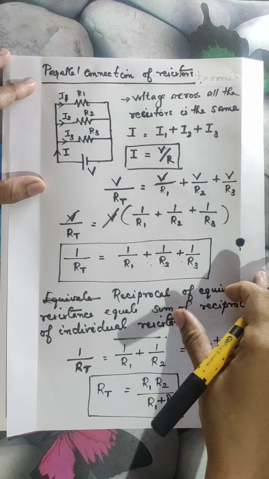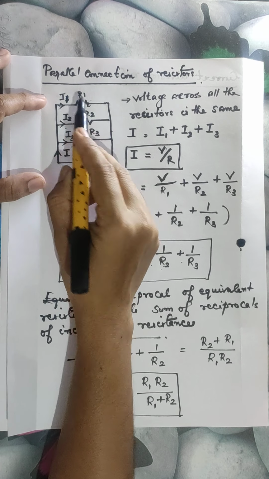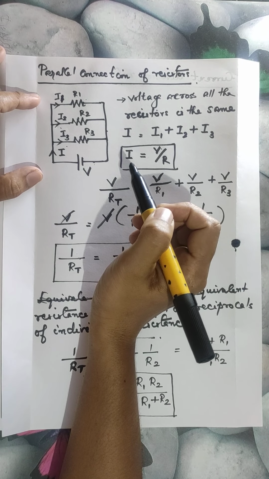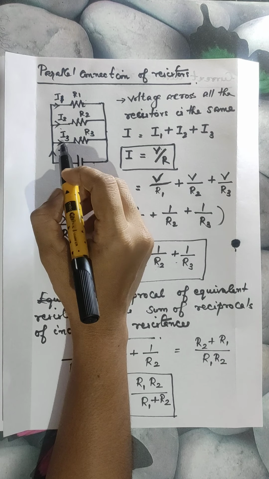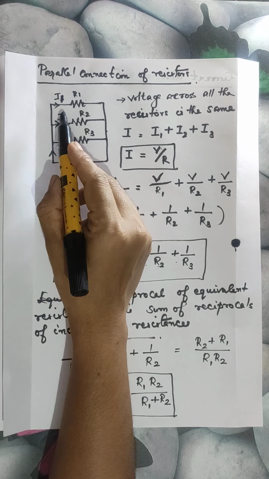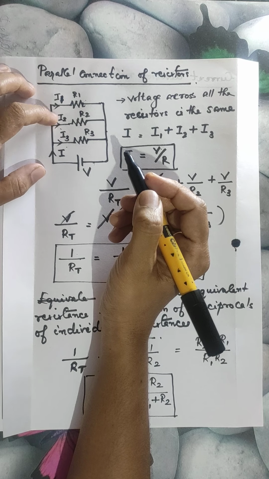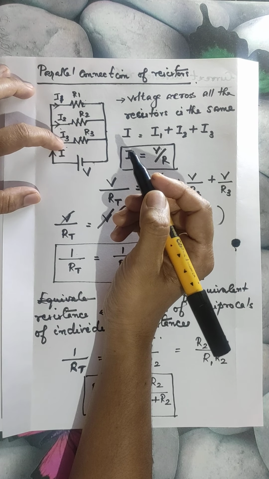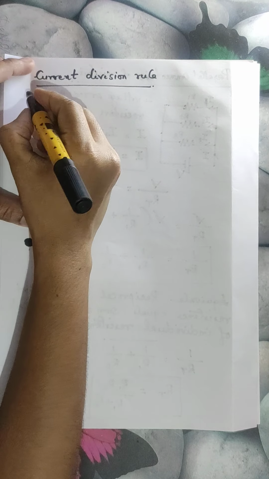So from the previous circuit, that is from this parallel circuit, we have seen that the current flowing through different branches in a parallel circuit are different. So a single current flowing from the voltage source divides into different components and flows through each of the branches. So we get different values of currents. So the parallel circuit acts as a current divider.